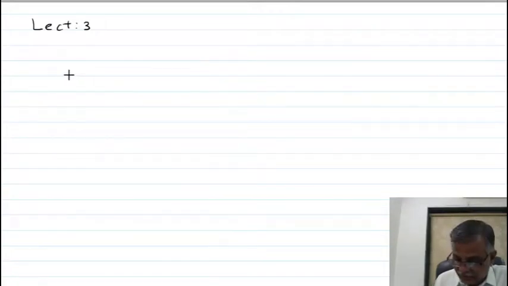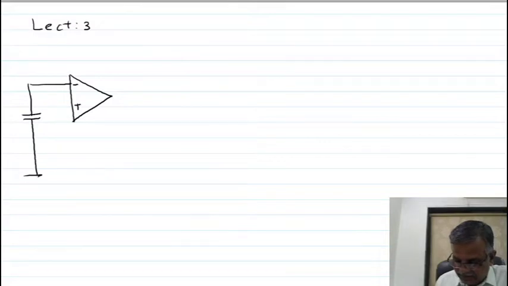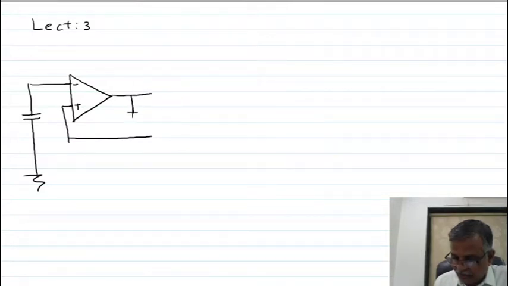In the last lecture, we studied the square wave generator. This is a circuit diagram of a square wave generator, and in the last lecture I explained the square wave generator using the op-amp. So first I will discuss how you can vary the peak to peak voltage of a square wave generator.